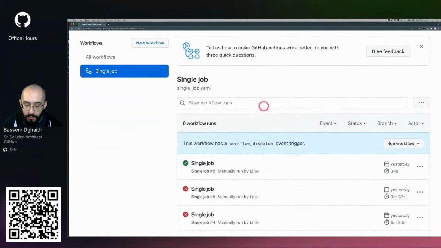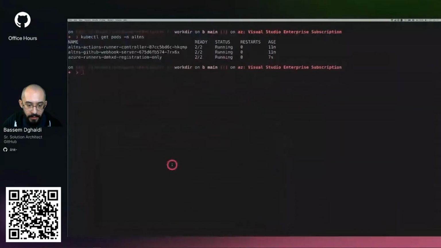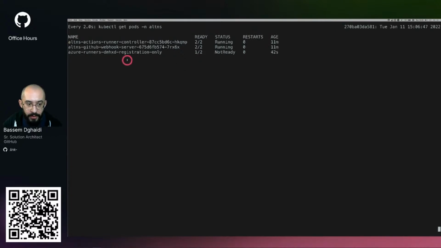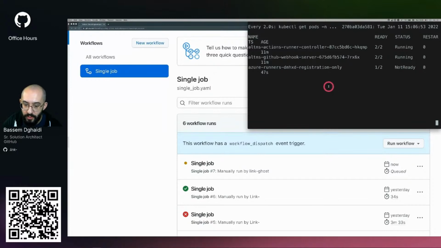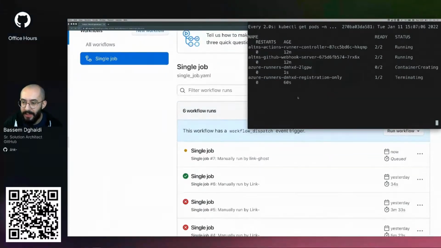And now we're going to show you a quick verification of what's going on. So watch-n2, you should be able to see that we're going to have a new runner that will be provisioned in a bit. Let's put this over here. The first time it takes a little bit of time because it needs to pull the images and whatnot, right? If the images are not available, it might take a little bit of time, but otherwise the runners should be